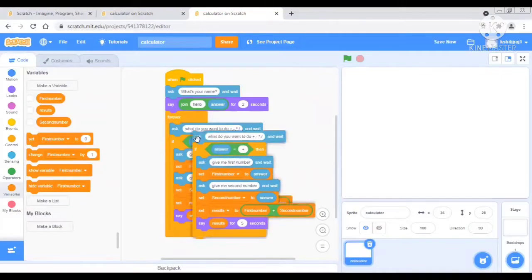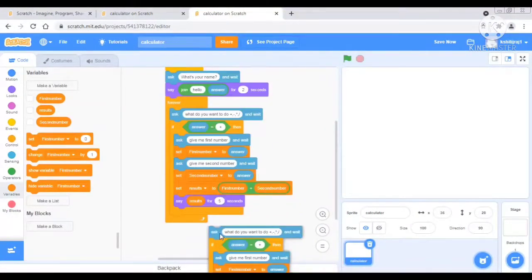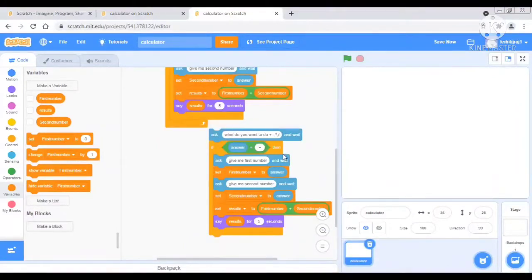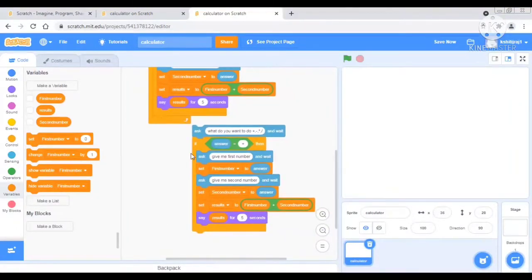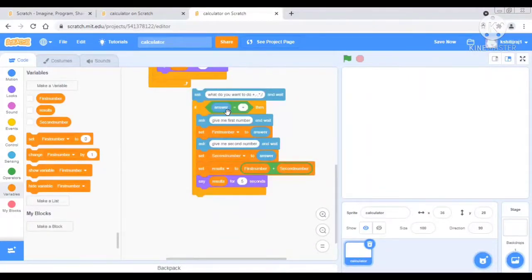Okay, all of this right here, we will copy here, and then we have to do some changes. We will duplicate it and put it here, and we have to do some changes in the if-then: if answer is equal to minus.